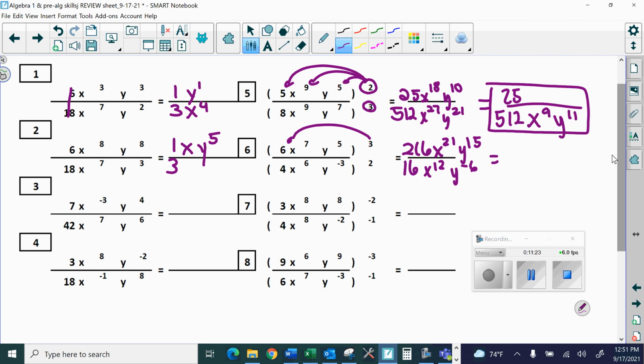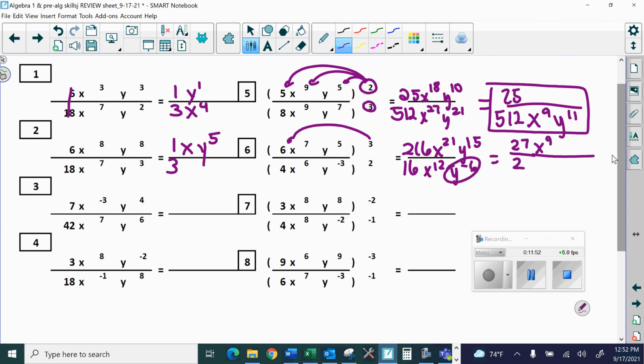Now, 4 will go into, or 8 will go into both those numbers. 8 will go into 216, let's see, 27 times, and it goes into 16 twice, dividing each by 8. Okay, I have more x's in the numerator by 9, and now, when I have a negative exponent,